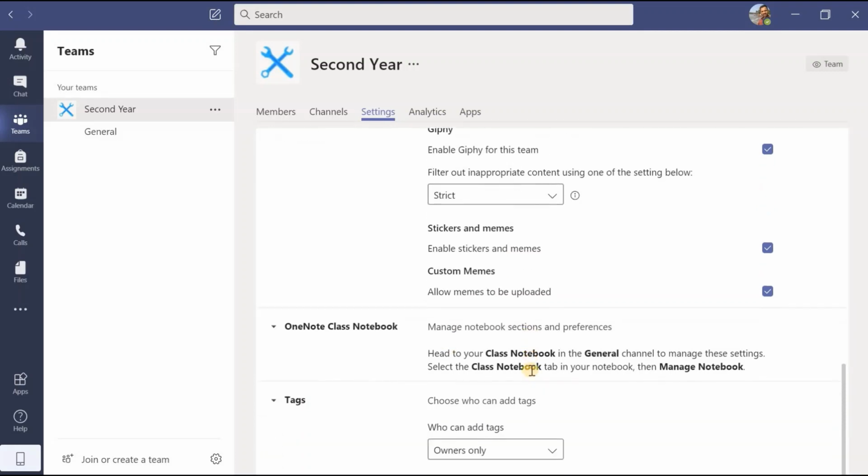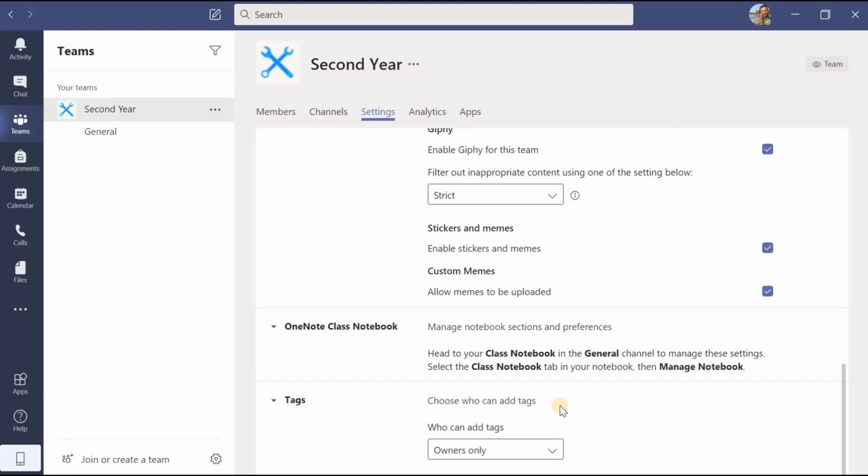Then different tags are there. Tags is nothing but what? Suppose in your second year, you have created specific subgroups. Let us say that in your second year you have created group 1, group 2, group 3, and to group 1 you have assigned different activities, to group 2 you are going to assign different activities, to group 3 you are going to allot different activities, to group 4 you are going to allot different activities.